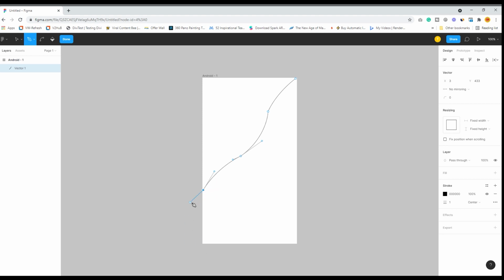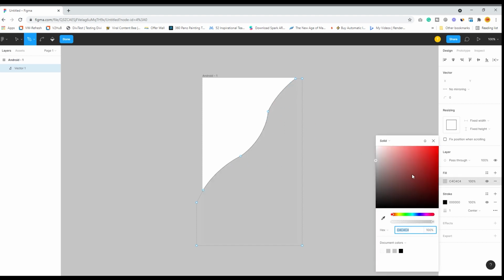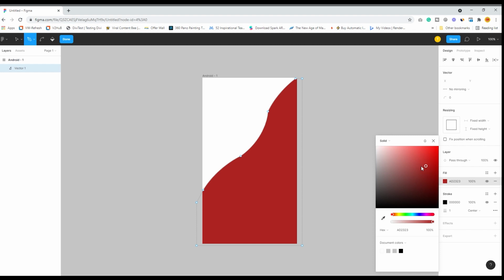Okay, great. So how do I fill color? I don't want a stroke over here, but I definitely want a fill color. So the fill color is already filled. I take this color, change the color, and I don't want the stroke, so I just turn off the eye over here. Great. If I want to further change the shape, I can play with the handles in this.